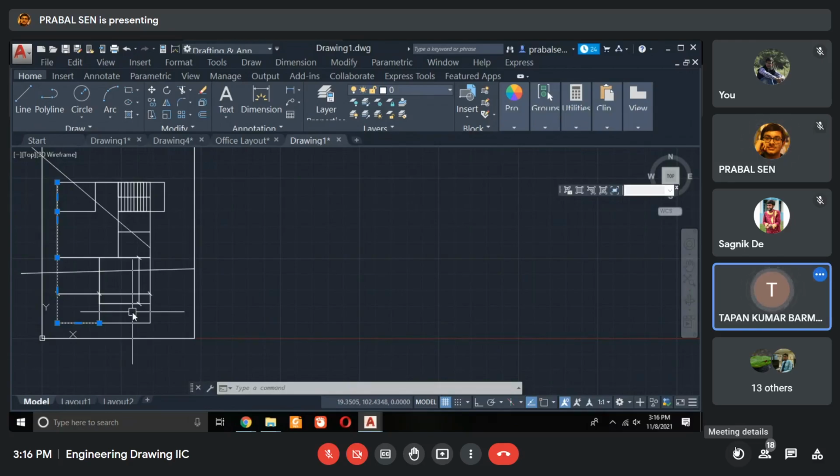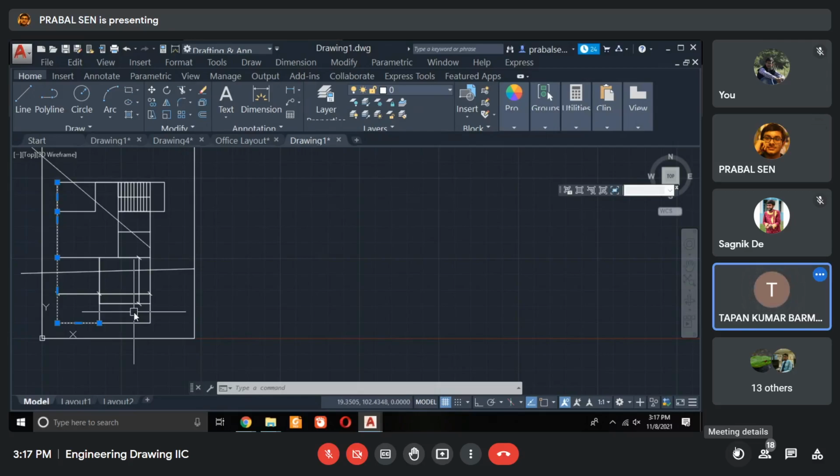So you can make it, but sometimes, due to your problem, convert the lines to a single line. That is up to you. But if you want to use your offset command, you need to select the lines. If there are small segments of lines, you need to select those lines.